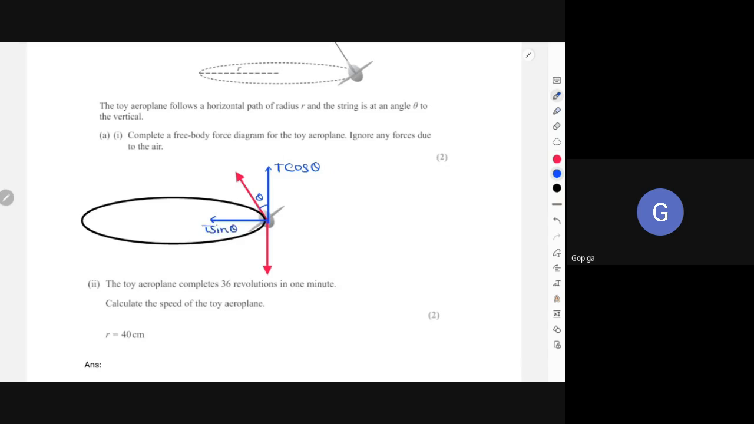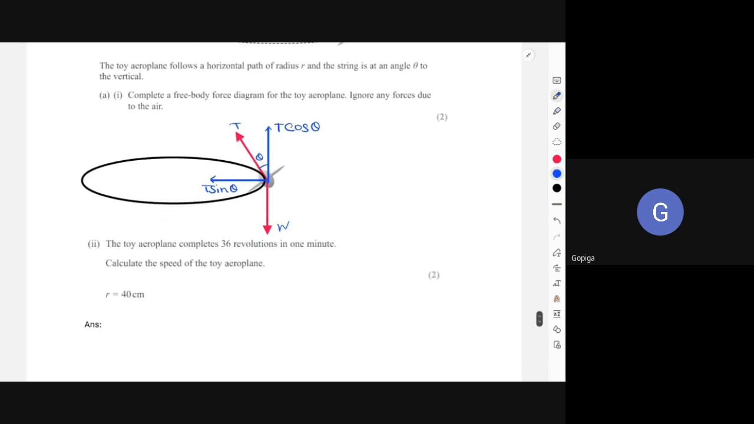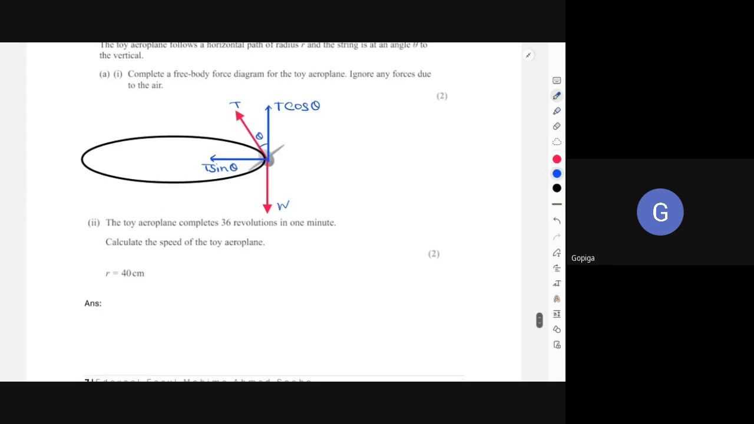Again, I do not need to write all of these things. Only the pink lines are supposed to be drawn onto this diagram. I'm just distributing all the forces over here because this will be needed for your calculations for part A2. For part A2 now, it says that the toy aeroplane completes 36 revolutions in 1 minute. So we need to calculate the speed. Speed means that we are trying to find the tangential velocity, not the angular,